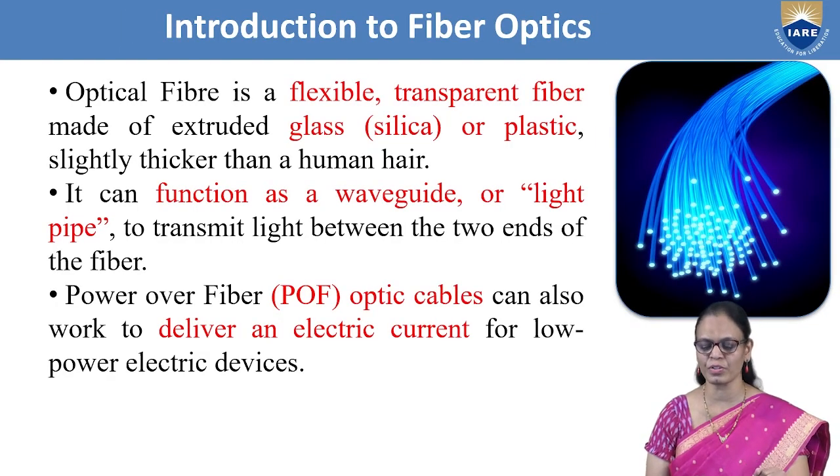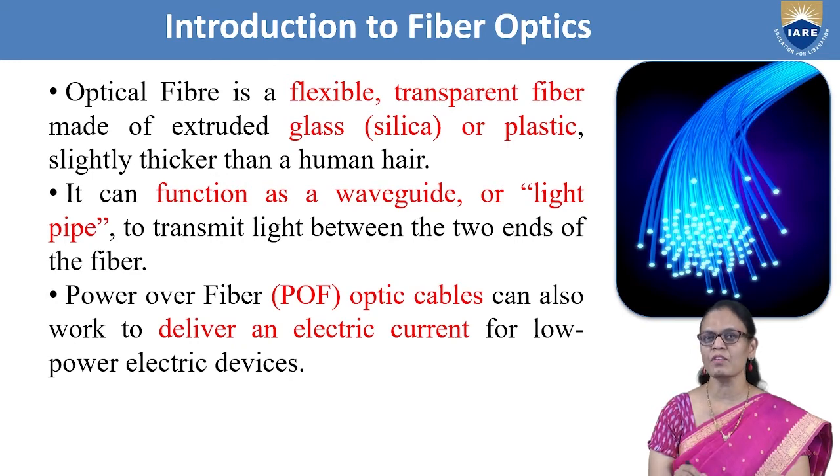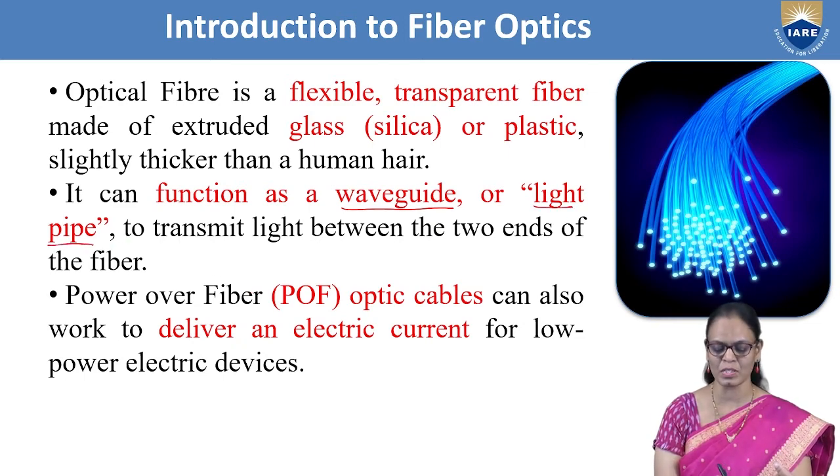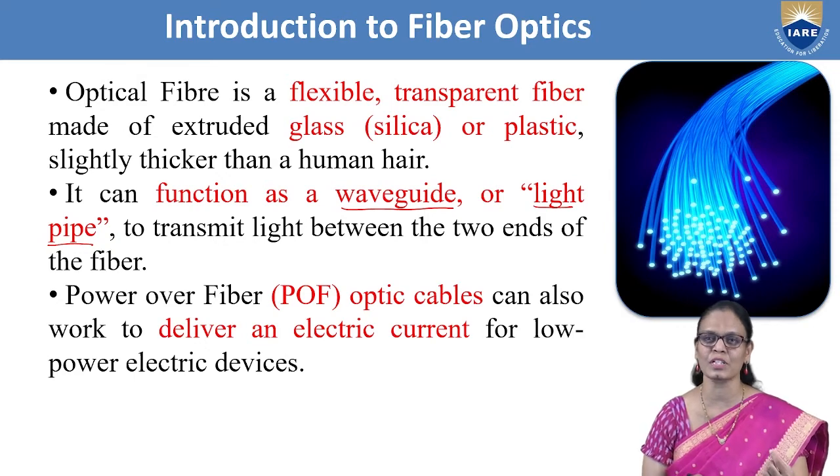If we come to the introduction to fiber optics, optical fiber is a flexible, transparent fiber made of extruded glass, that is silica or plastic, which is slightly thicker than a human hair. It can function as a waveguide or light pipe to transmit light between the two ends of the fiber. So when light travels through the optical fiber, this optical fiber acts as a waveguide, means it guides the wave, or we can also call it a light pipe, because through that pipe the light travels, which carries the